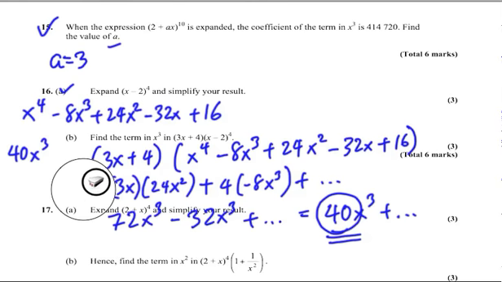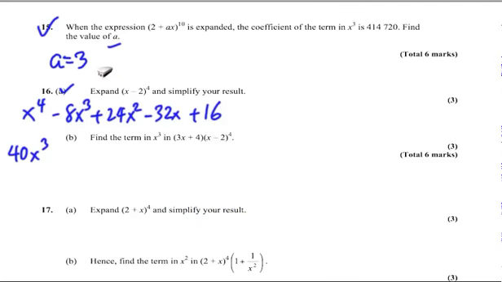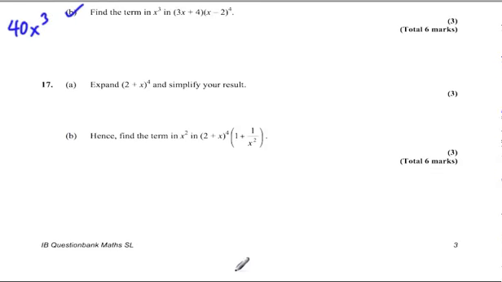So I'm just going to erase this because I just need the space for everything else. But you can always scroll back in the video to see how I did that problem. So this is done, and so we're done with 16. Let's move on to 17. Expand 2x plus 4 to the power of 4 and simplify your result. So